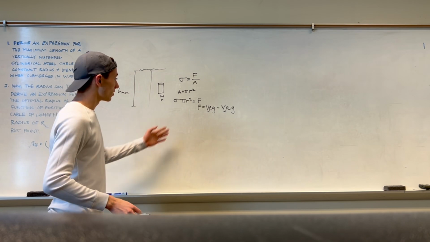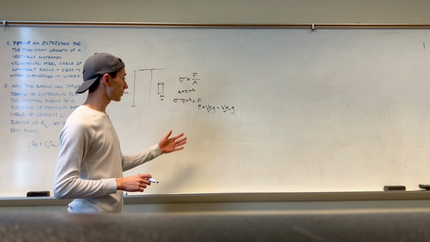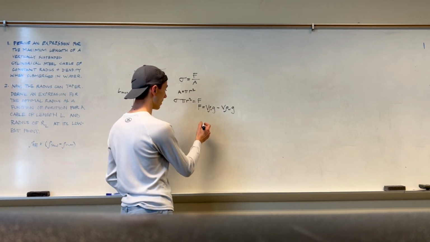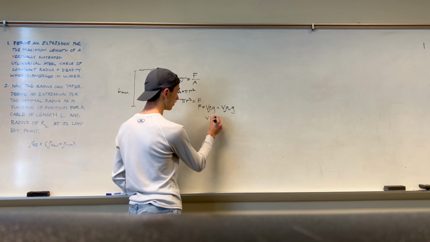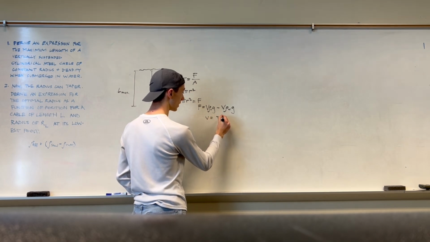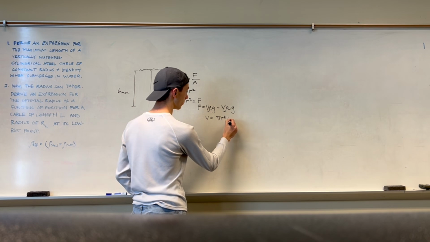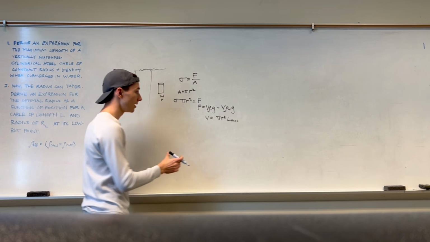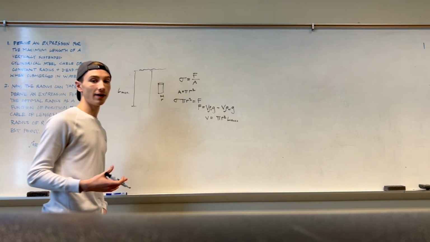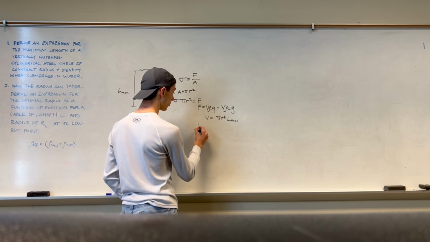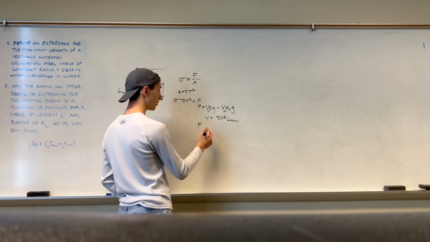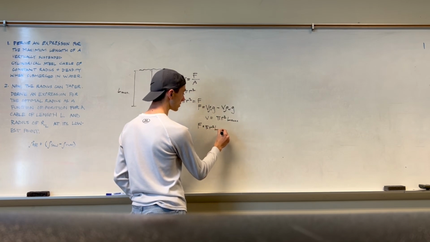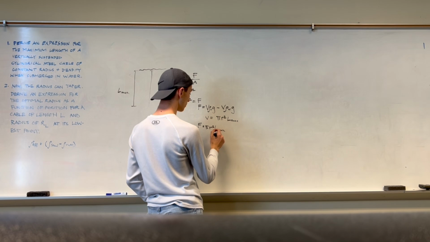All right, so back to our expression for force. This gets really simple now that we have it in these terms. We know that the volume of this cable is going to be equal to the area across the cross-section of the cable times its length. That's what we're interested in finding, maximum length. Okay, so that's really simple. We can substitute all this back in and factor out what we need to factor out. So we get force is going to be equal to volume, pi r squared L max, times